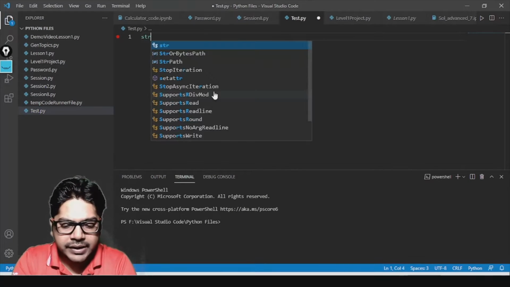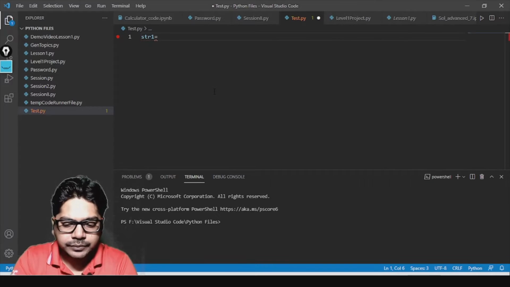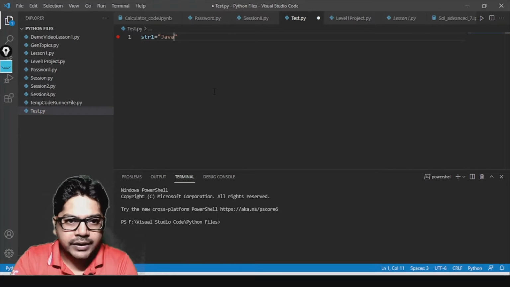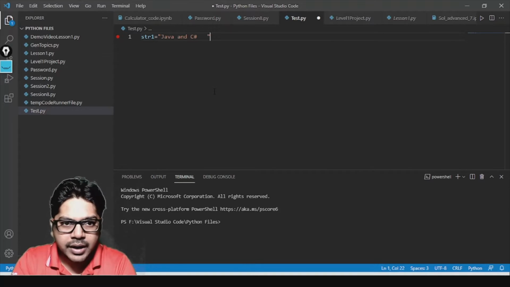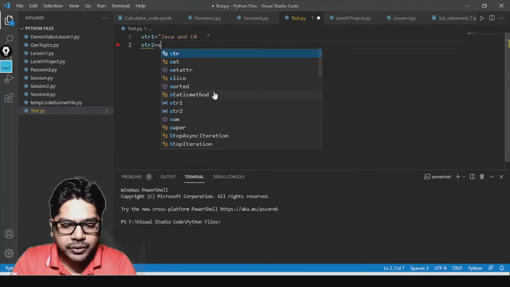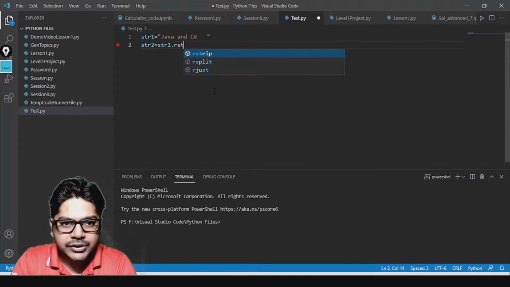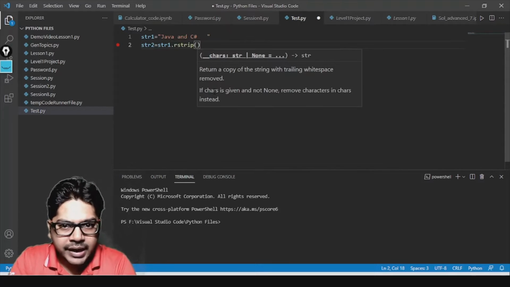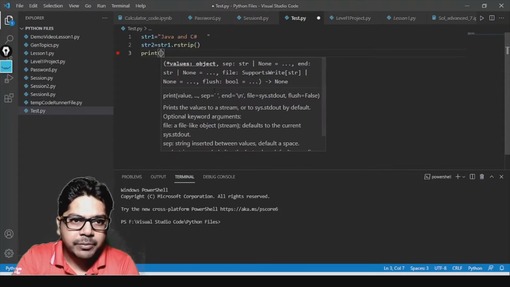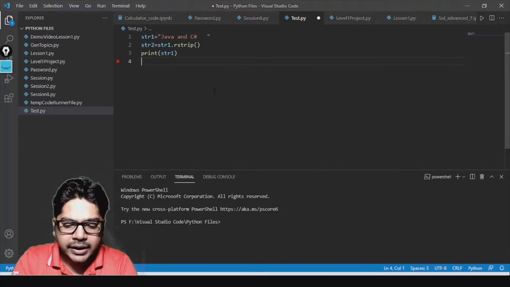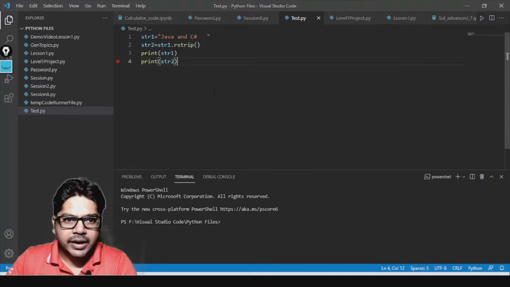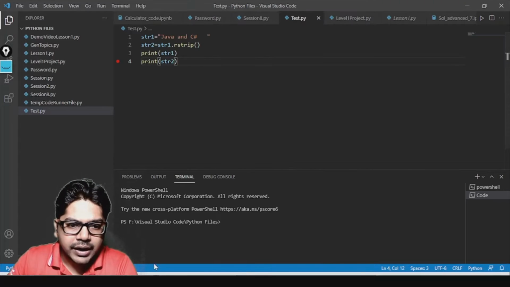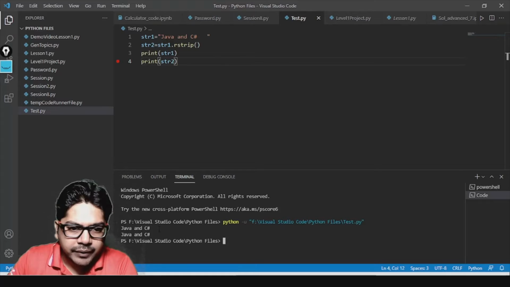So let's have str1 equal to Java and C#, and then I'm giving some spaces. Then I'm writing str2 is equal to str1.rstrip, and I'm not passing any parameter here. Then I'm just trying to print both str1 and str2. Print str2. Now when I run this code, you will see that,